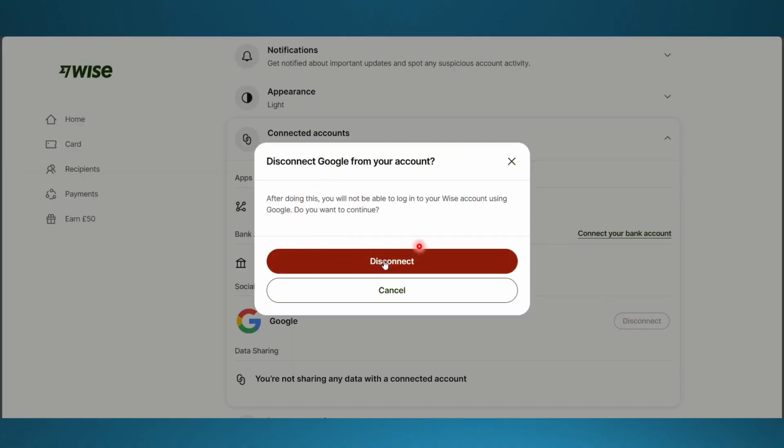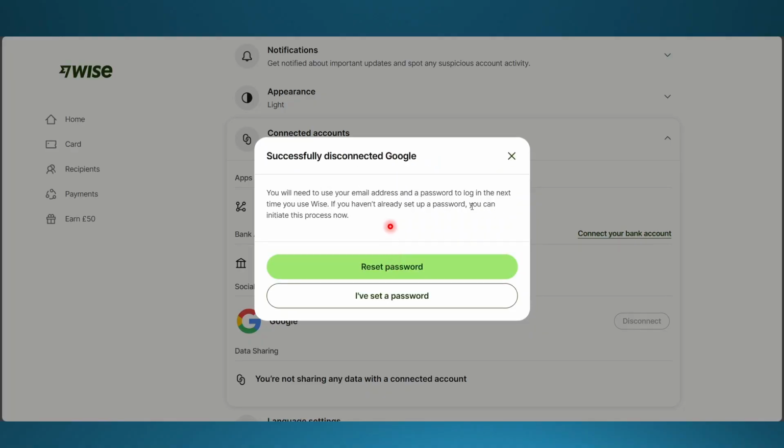And then we'll click here on disconnect again. So we're disconnecting Google from our account. You'll not be able to log in to your Wise account using Google after this. So just click on disconnect, be sure about this, and then as you can see, successfully disconnected Google, and then